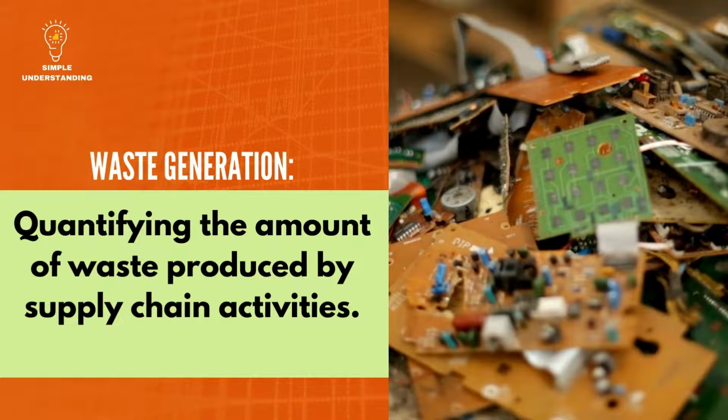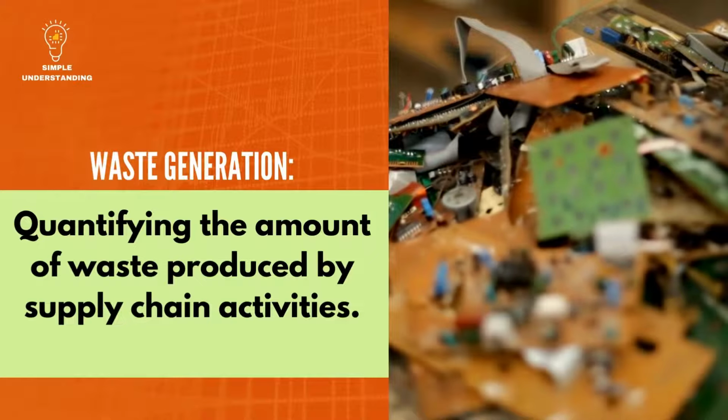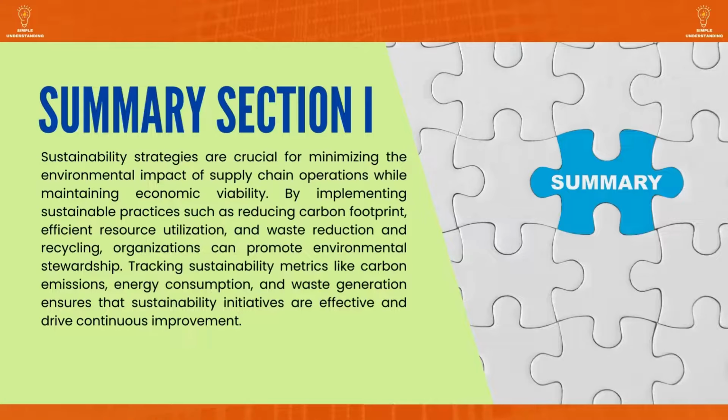Example: a food producer measures waste generated during production and sets goals to reduce food waste through better inventory management and donation programs. Conclusion: sustainability strategies are crucial for minimizing the environmental impact of supply chain operations while maintaining economic viability. By implementing sustainable practices such as reducing carbon footprint, efficient resource utilization, and waste reduction and recycling, organizations can promote environmental stewardship. Tracking sustainability metrics like carbon emissions, energy consumption, and waste generation ensures that sustainability initiatives are effective